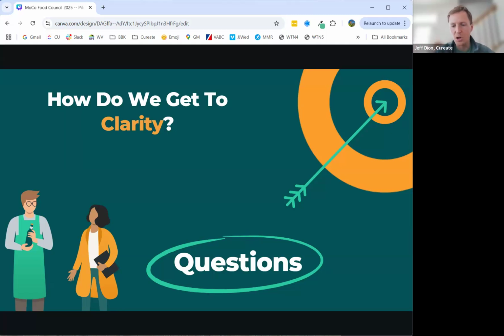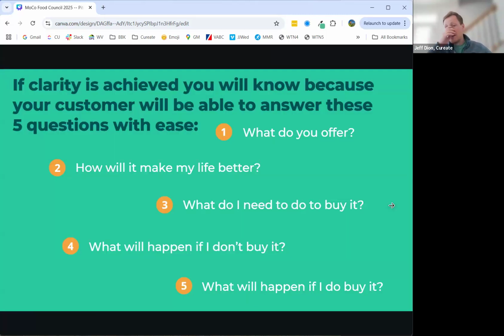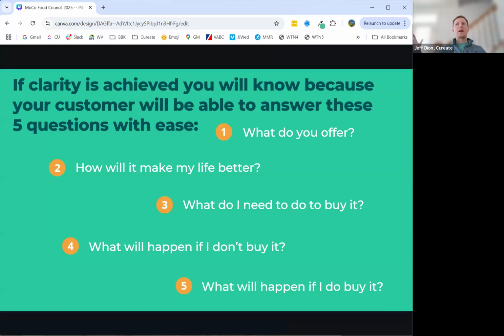That can happen in the form of surveys that we can send online. It can happen in the form of physically going into the store and asking customers who are taking it off the shelf. But asking questions is so key before, during, and after the sales process. So asking questions is going to get you to clarity, and you will know that you have got to clarity if,